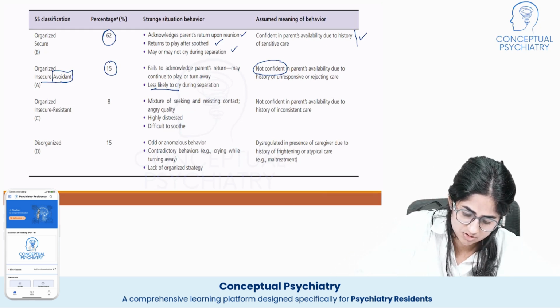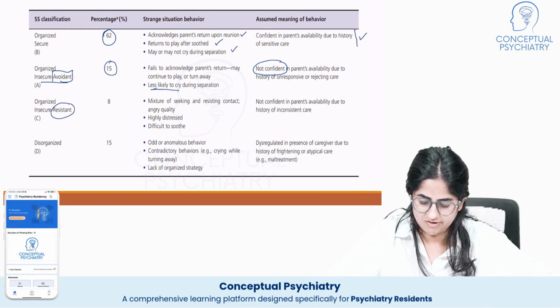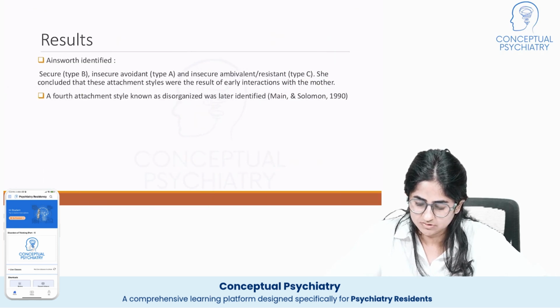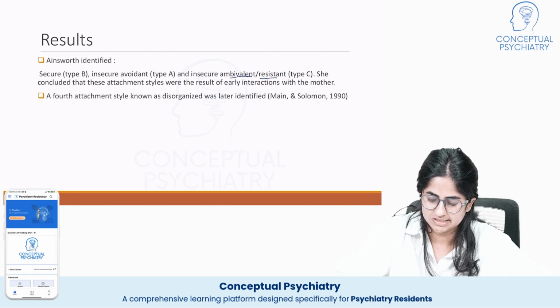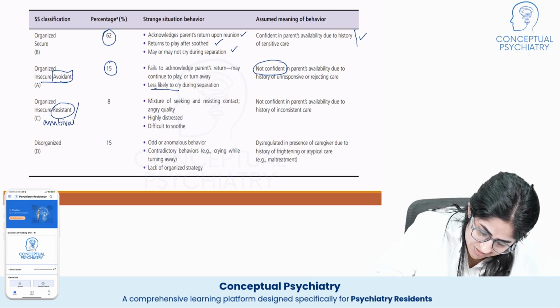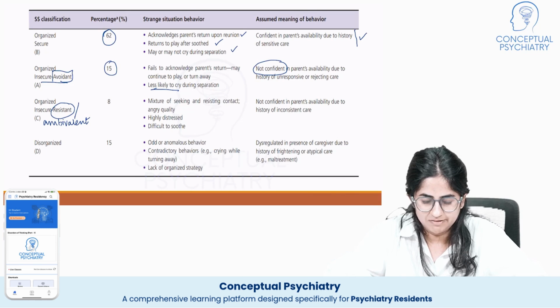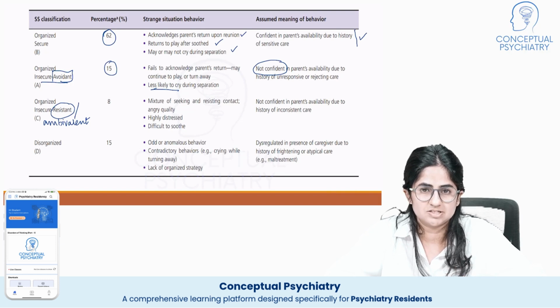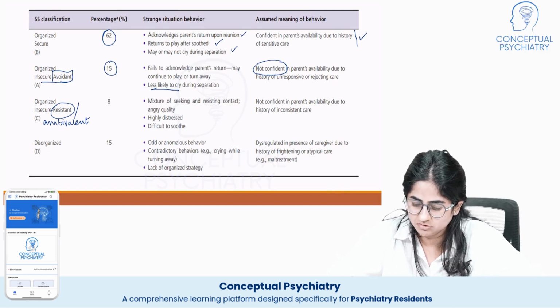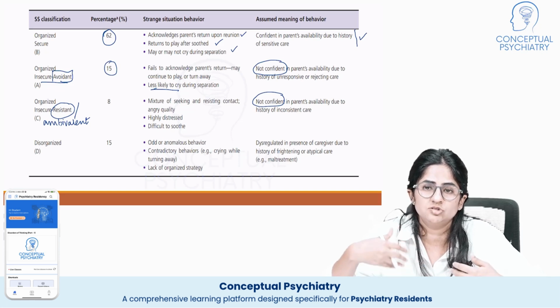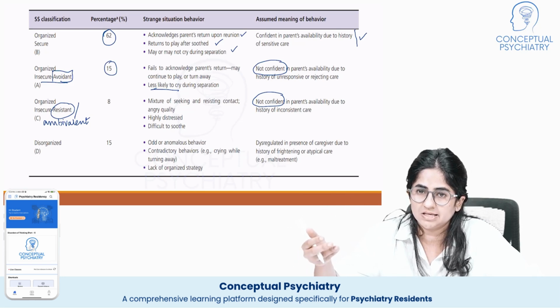Then we have insecure resistant, where a mixture of seeking and resisting contact is there, right? So we know that ambivalent or resistant is the same thing. So here you can learn this as ambivalent. It will help us to easily remember. Ambivalent means there will be a mixture. So here will be a mixture of seeking and resisting contact and an angry quality even when they meet, right? They are highly distressed and they are very difficult to soothe. Why is that so? Because they are not confident, because there is no consistency in the care. The child is not sure, because of the lack of consistency in the care, about